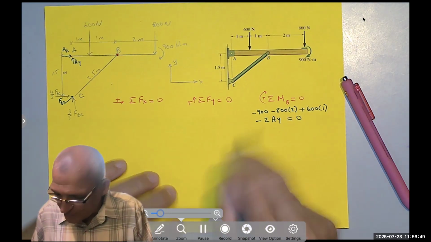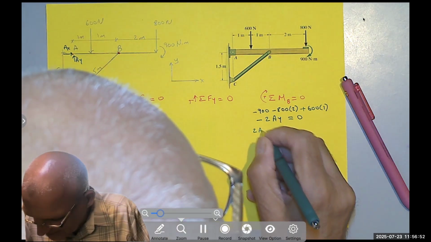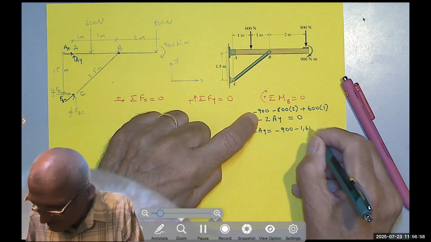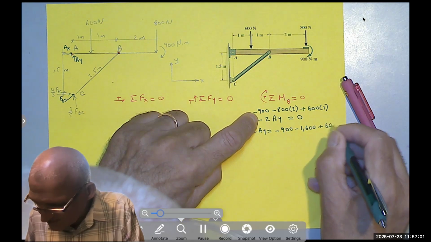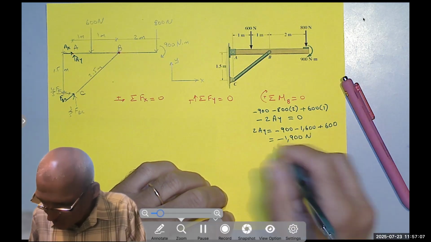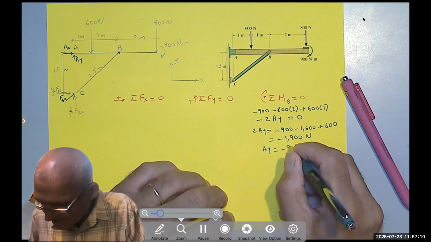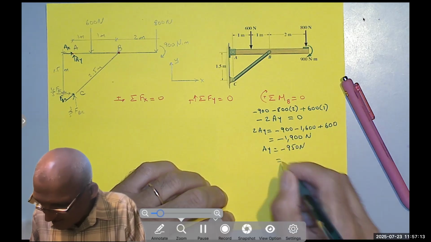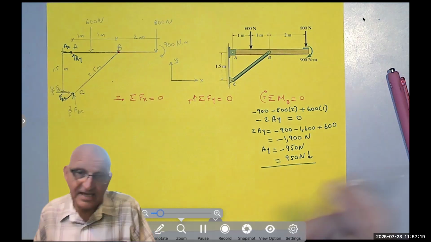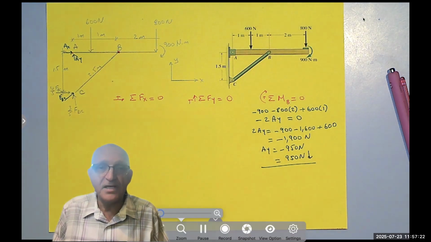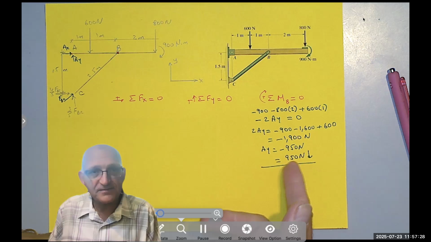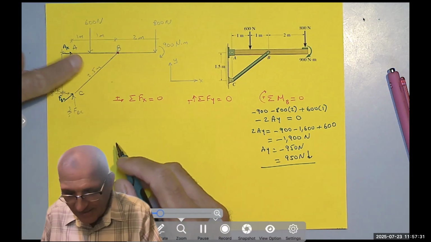So if I move AY to the other side, I get 2AY equals negative 900, negative 1600, plus 600 equals negative 1900 Newton. So AY equals negative 950 Newton, meaning it equals 950 Newton going down. That's the negative sign, it means it's going down. So now you don't need to redraw this going down. We already know that. So now, because I know AY,